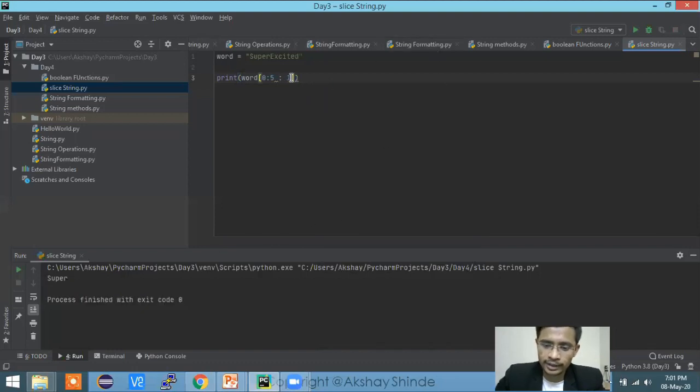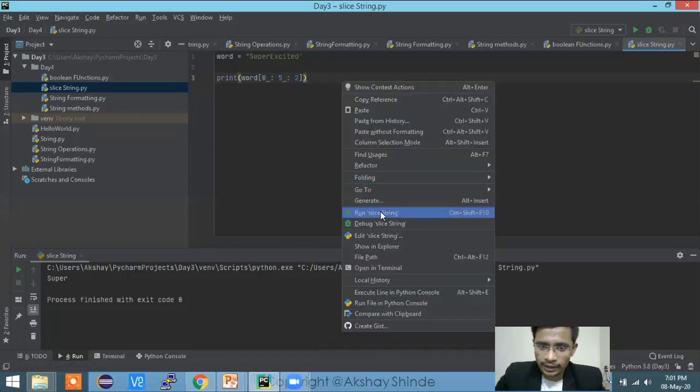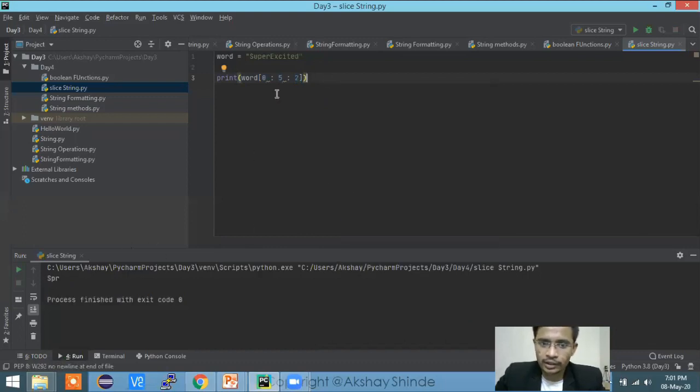But if I add 2 over there, it will print the alternate letters. See, SPR, it gives space. So step is what you put if you want to skip anything. If you don't want to skip anything, if you want every letter, you can give one, and instead of giving one, if you do not provide anything, that will also work.